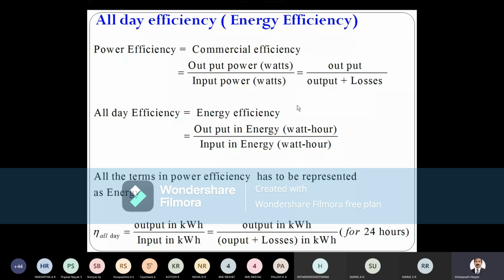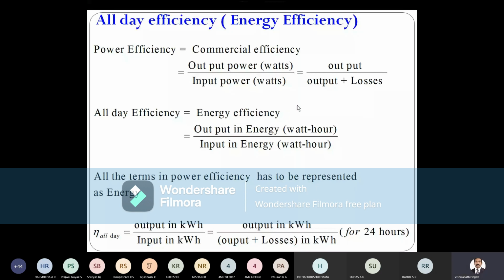Of course, it is always possible to calculate. It is not the question of just calculation. If you just calculate and keep it, the question is, what is the use? Will it give proper information regarding the performance of the transformer, regarding efficiency, is the question. So that will not be really useful. Hence,